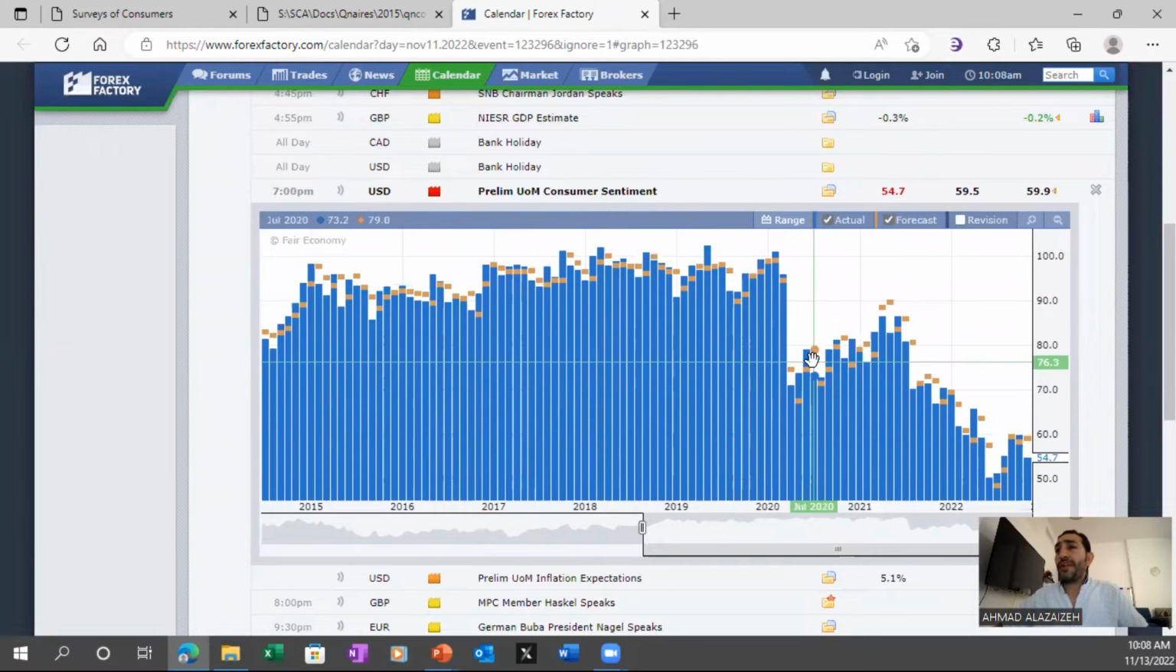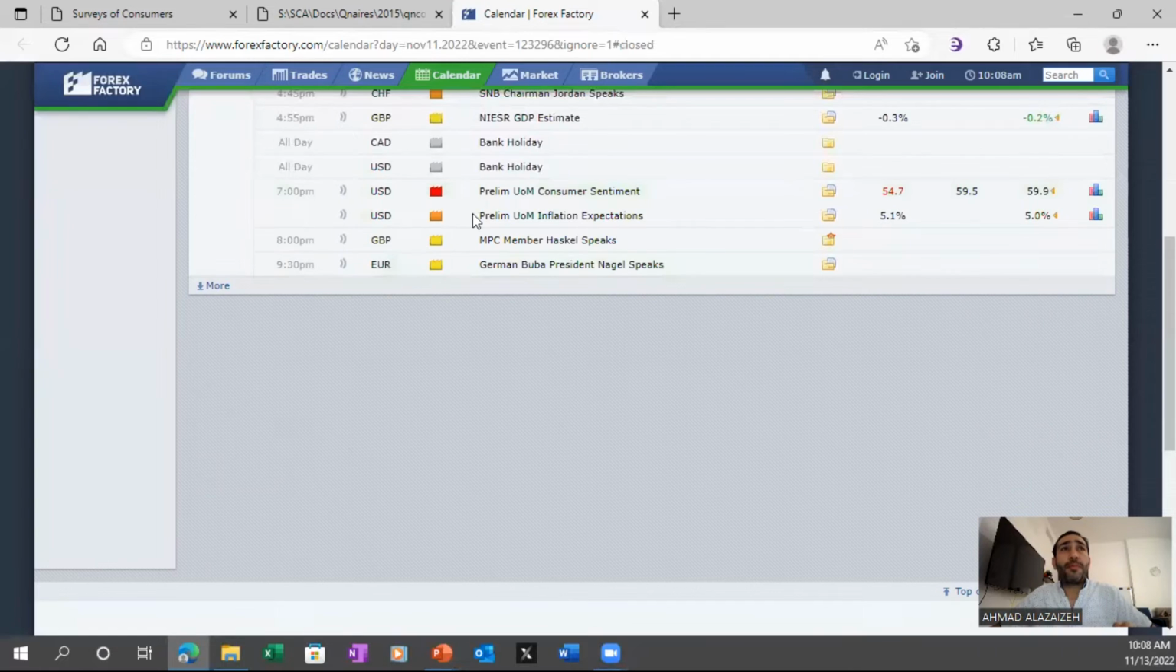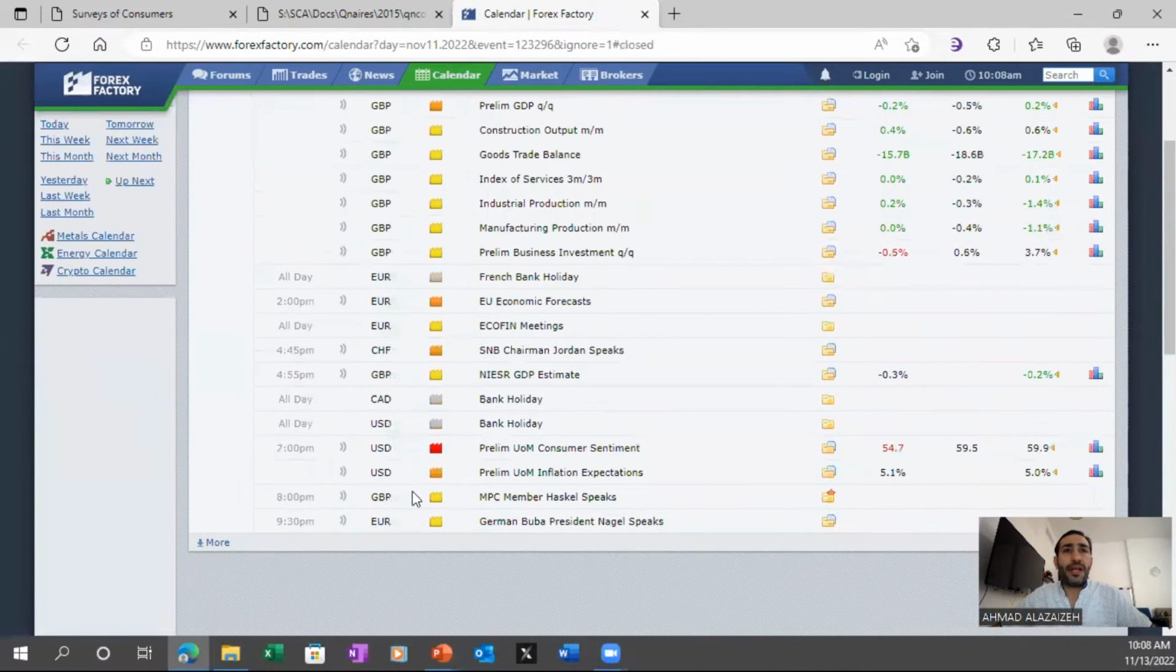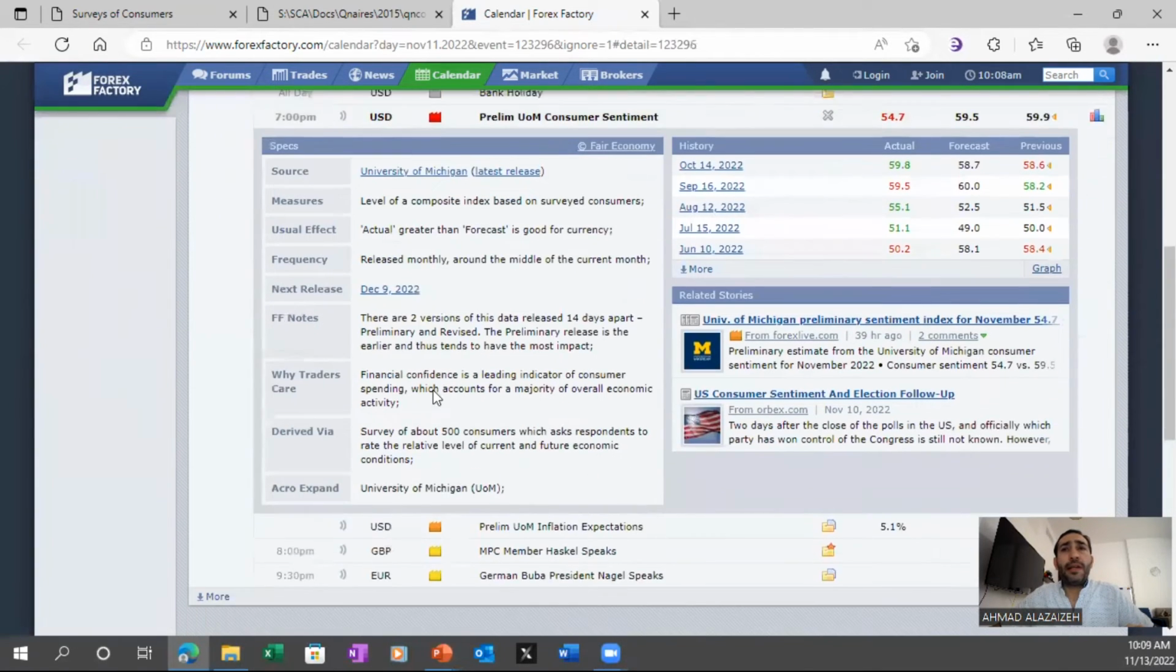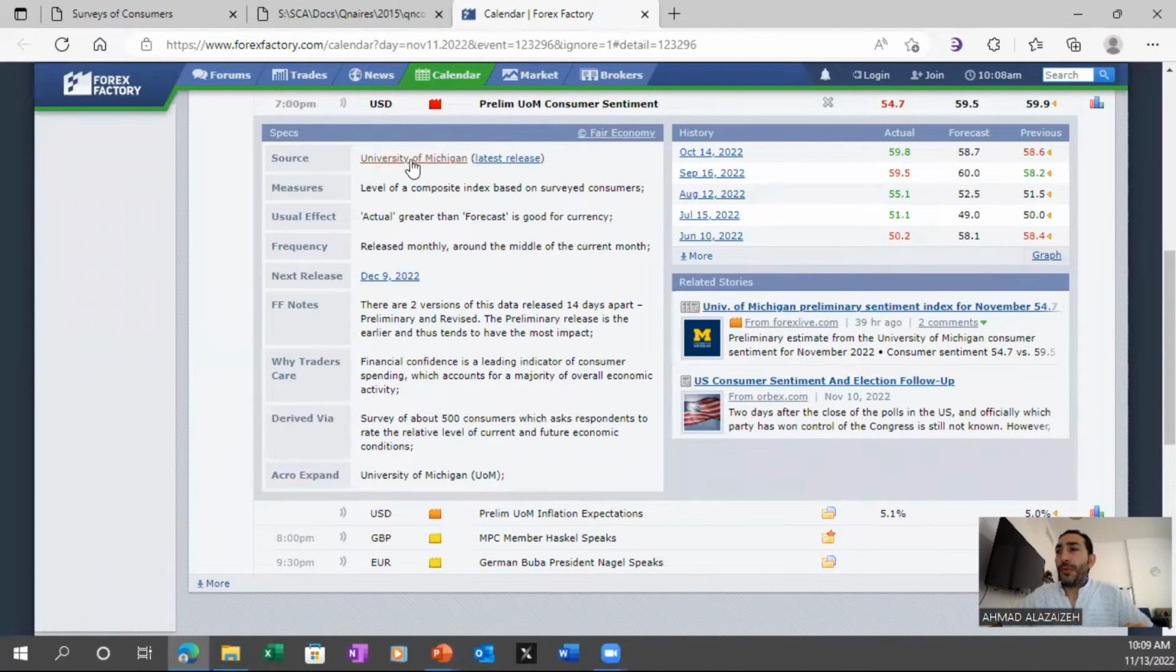If you go to the Forex Factory website, you will see the preliminary consumer sentiment indicator here, and it is scaled from below 50 until 100. In this indicator, I just want to show you how you can pick it. If you go here and search it, it is this one, and this is the most recent one announced. If you click on it, you will understand who produced it or prepared it and what is the